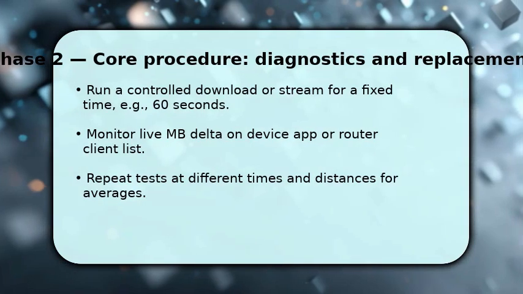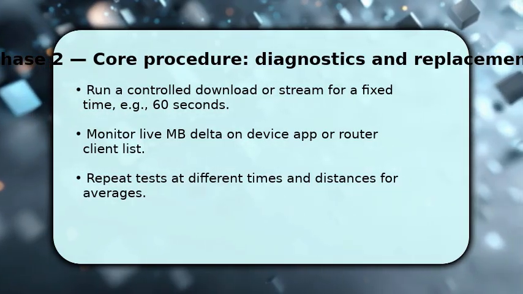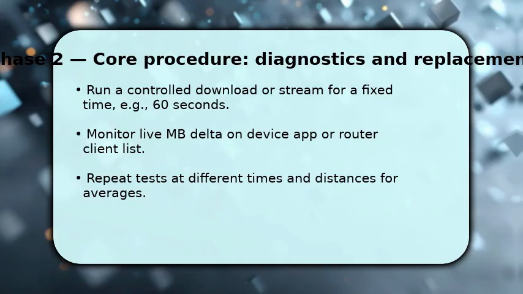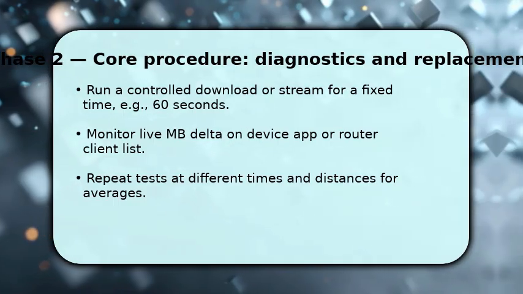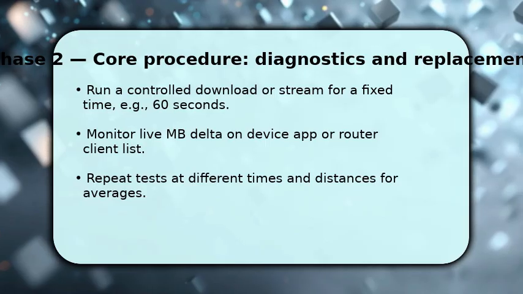You should run a controlled transfer. Download a known file or stream media for a fixed interval, like 60 seconds, so the math is simple. While the transfer runs, watch the live MB counter on your app or the router's client list and note the